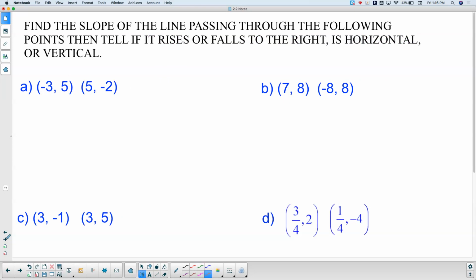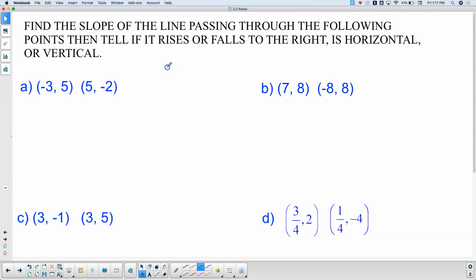Two parts to these directions. The first part is find the slope of the line passing through the points. That's part number one. We need to find the slope. Part number two says, then tell if it rises or falls to the right. So a positive slope would rise to the right. A negative slope would fall to the right. Is horizontal or is vertical. So there's two parts to this problem. One, we got to find the slope. Two, we've got to